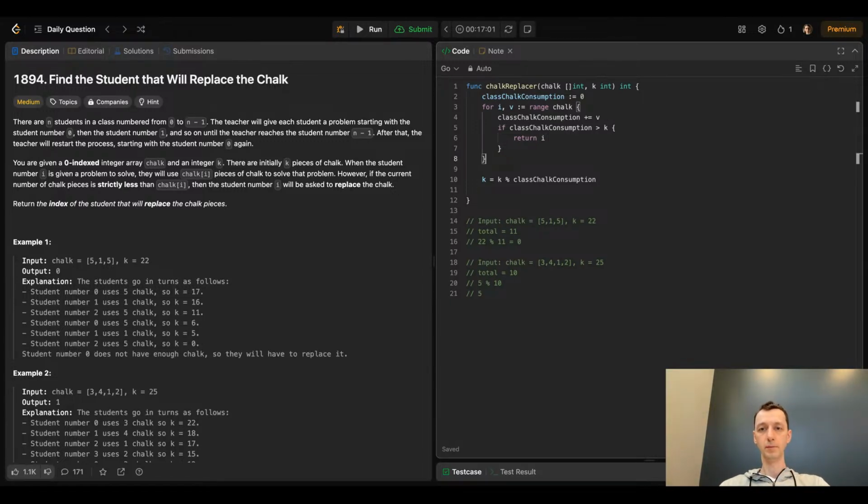Now, where k is initially smaller. But when it's not smaller, we need to do this